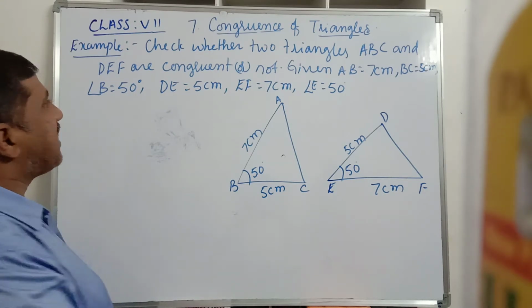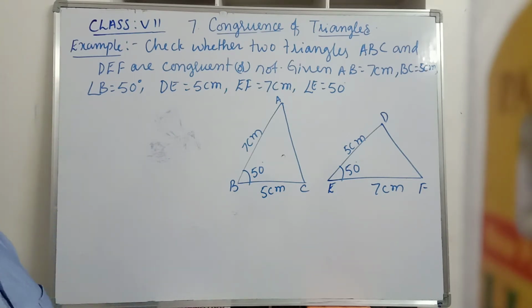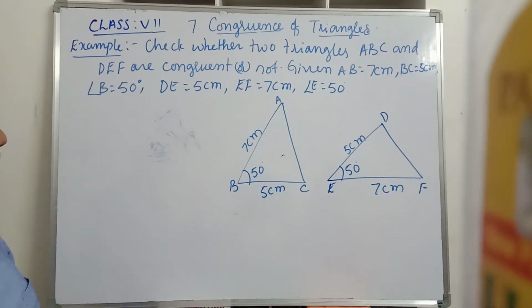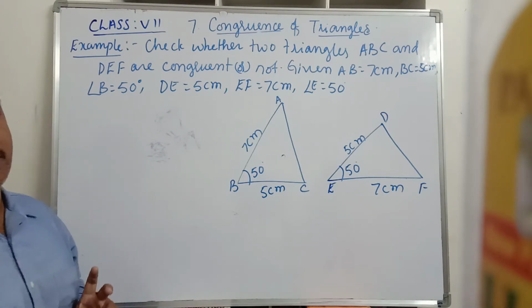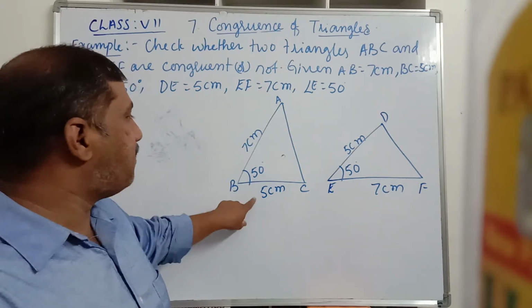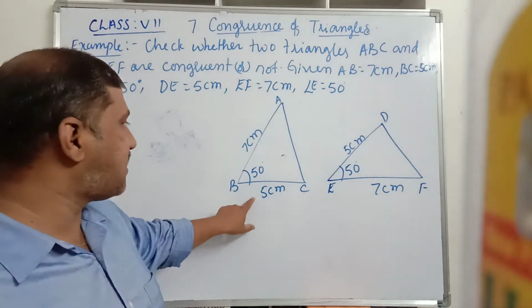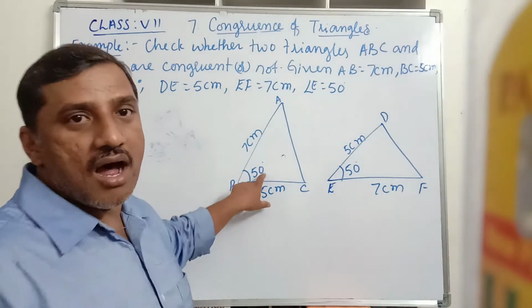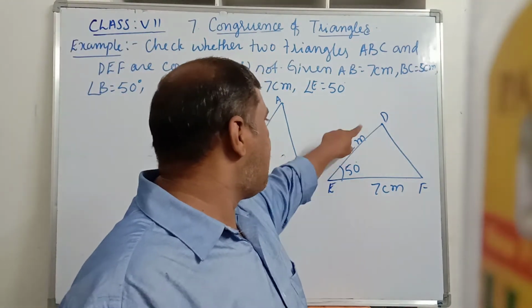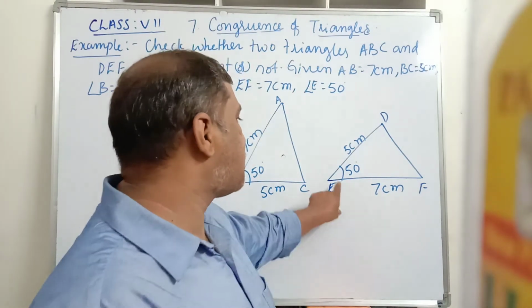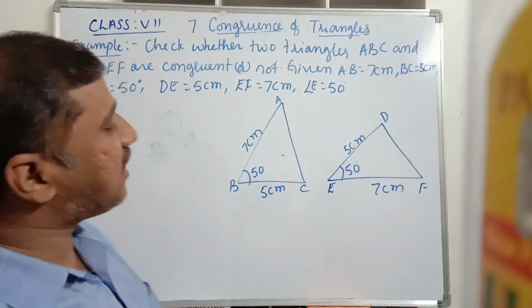Now here we have an example on SAS congruency criterion. Check whether two triangles ABC and DEF are congruent or not. Given AB is equal to 7 centimeters, BC is equal to 5 centimeters, and their included angle B is 50 degrees, and in triangle DEF, DE is 5 centimeters, EF is 7 centimeters, their included angle E is equal to